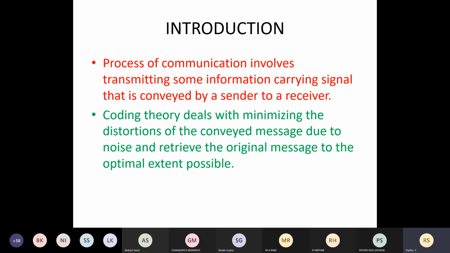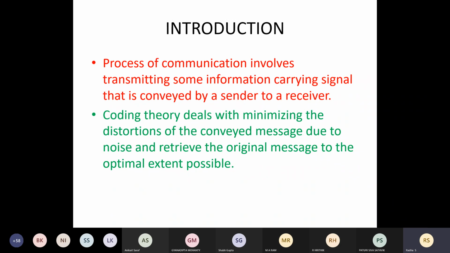We have to send the messages securely, right? You are going to send some messages. So the receiver who is receiving the message should get the same message whatever you have sent. Sometimes in between what may happen? The message may be hacked, or there may be some disturbances and the message may be lost, or it may be changed. Something like that will happen. So whatever the receiver received and whatever the message sent by the user may not be the same. So there is no purpose. The purpose is not solved, right?